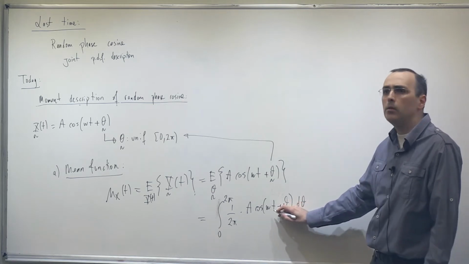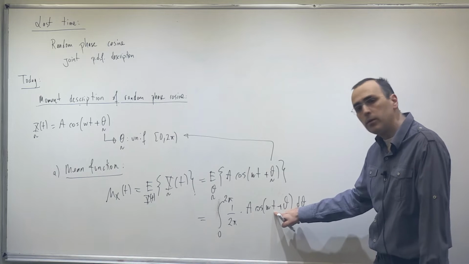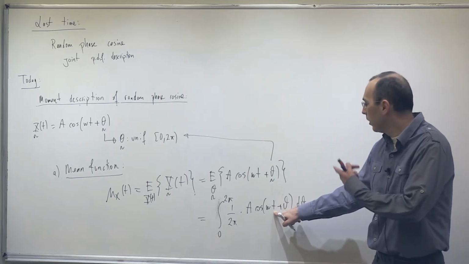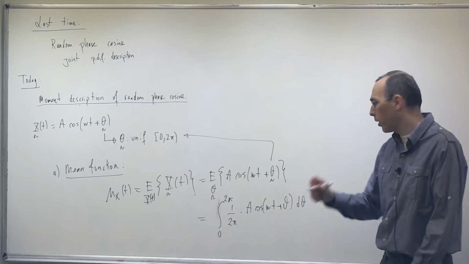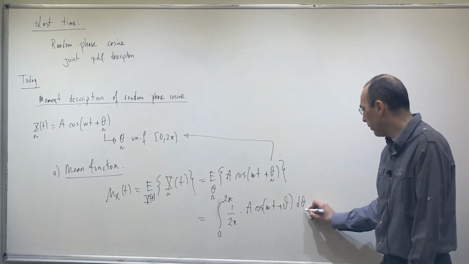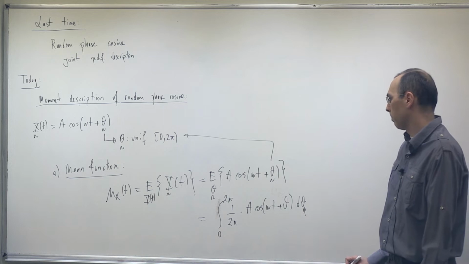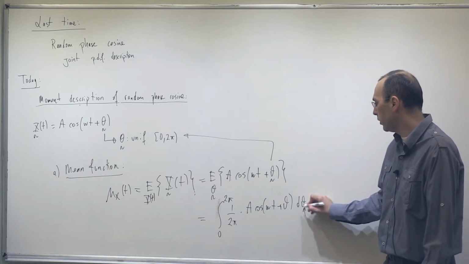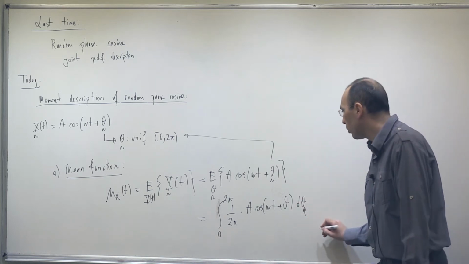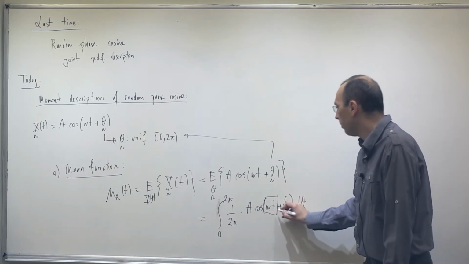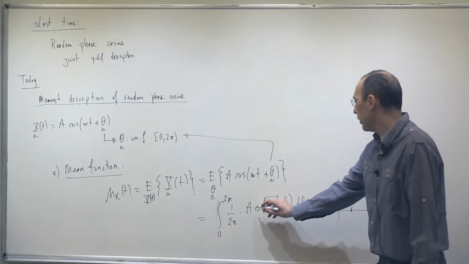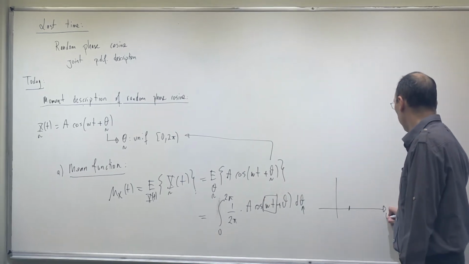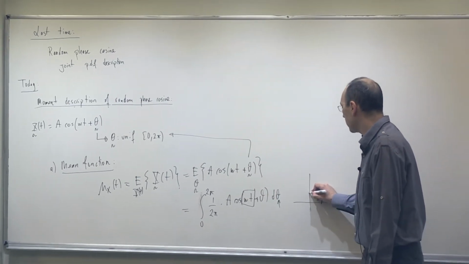Just be careful when you're integrating something. Most of the time, in many other courses, you're integrating over time, and you calculate, I don't know, maybe average power, things like that. But this is not a time average. Be careful, this is a theta average. I'm taking the average over these theta values, d theta. So what do I mean by this? For a given number like this, I'm integrating a cosine waveform. Let's say this is theta. It starts from a value,